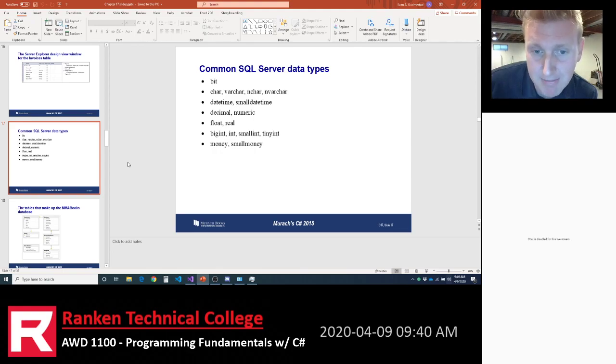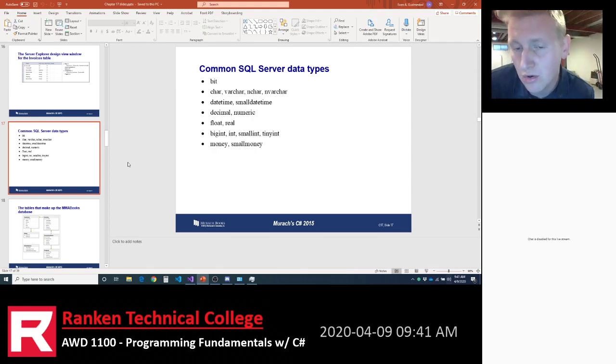If the money data type can hold the $, well, then you might have to figure that out. You might have to parse that dollar. You might have to substring that out. You might have to remove the $. If you want to store it in a decimal, for example, you're going to have to substring off the $. So converting between data types, when you read data out of a SQL Server and you store it in a C# variable, might require you to cast or convert.